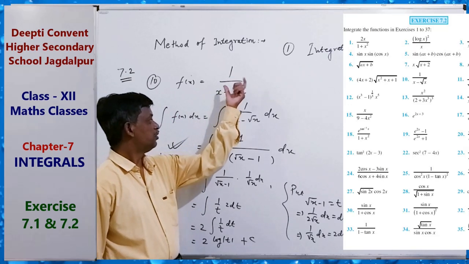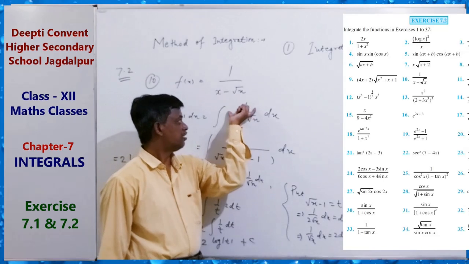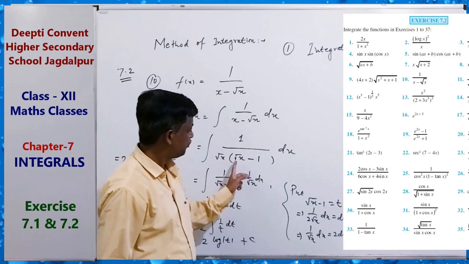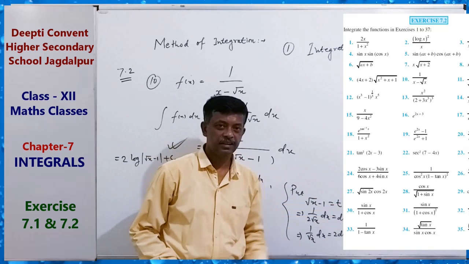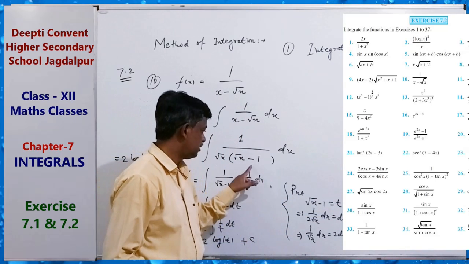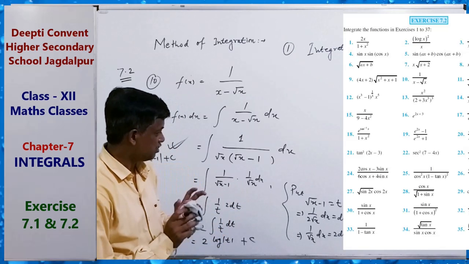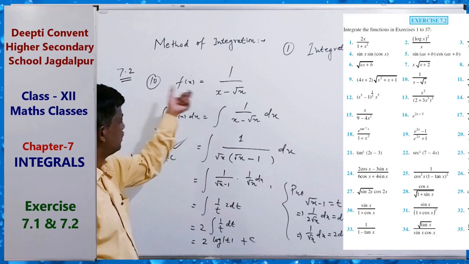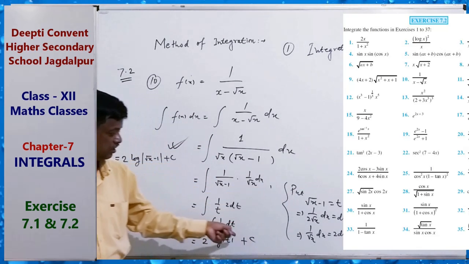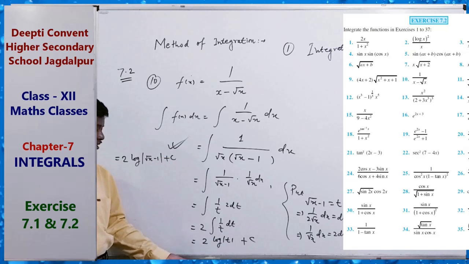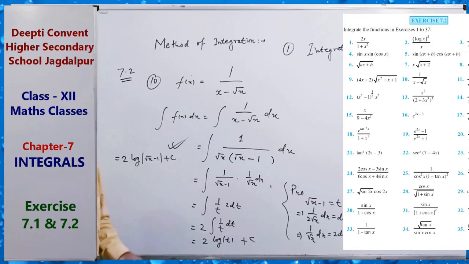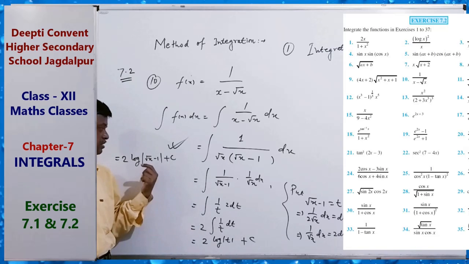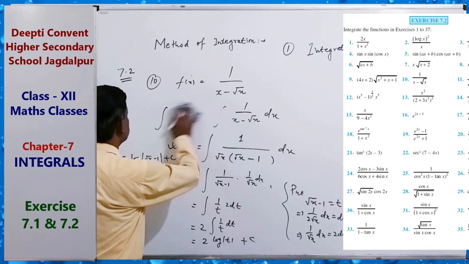So we are trying to convert the denominator in such a way that something is there. If we take that equal to t, then by differentiation we can get some quantity that is present here, 1 by root x dx. Then we can convert the integration in terms of the new variable t, solve it by elementary functions, and finally revert the value in place of t, root x minus 1. So this is our answer. This is the method of substitution.